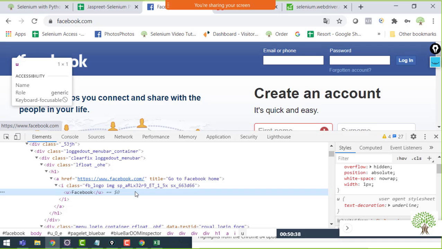So in that case, how am I going to extract the element from the web page? That question comes up in mind.